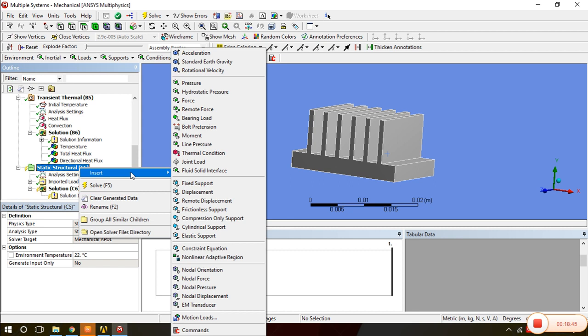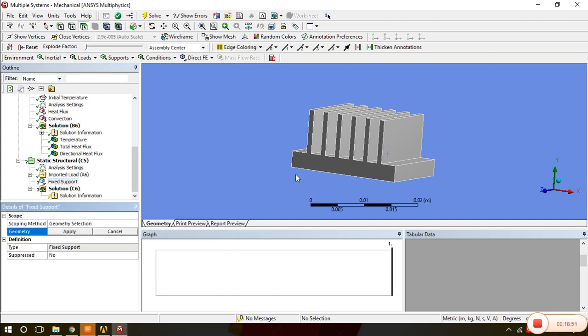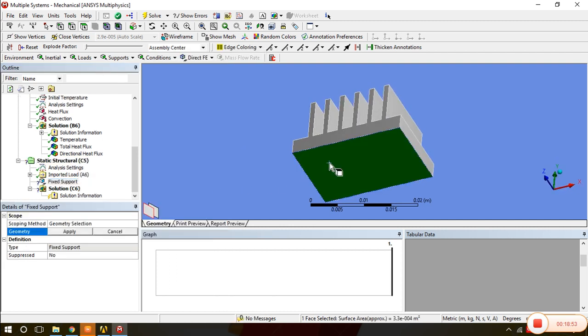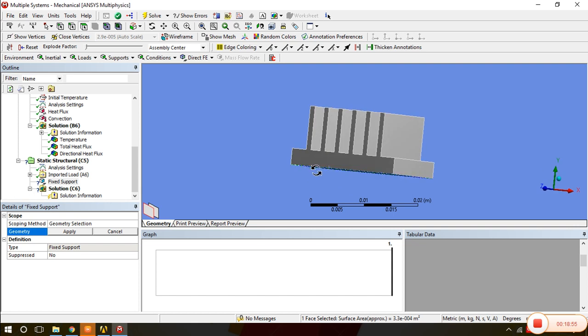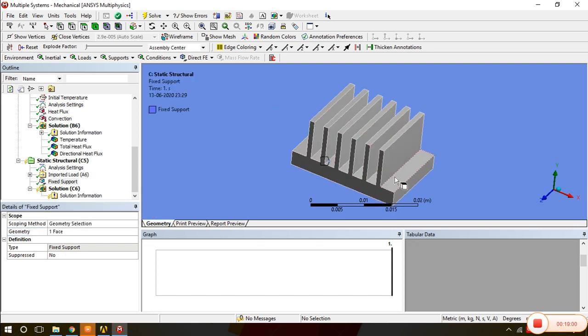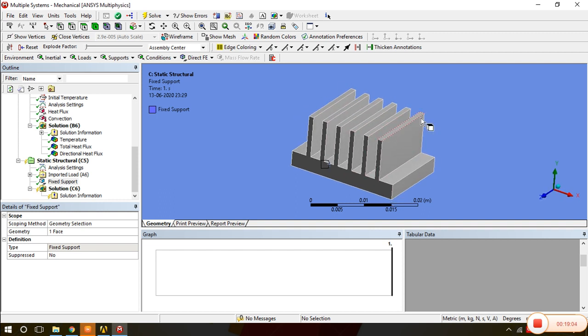It is not important to fix the plate at some point, but we will fix it because otherwise it will expand in all four directions. So by fixing the plate at this end and keeping all the other ends free, there will be no thermal stresses on the upper side.